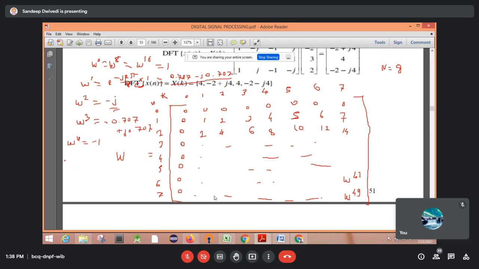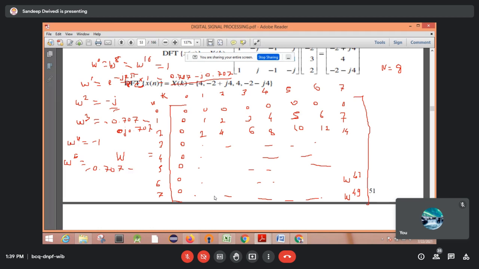ओके. देन w raised to power 5. Okay. -1 by root 2 plus j 1 by root 2, or same value, that is this one जो w3 की वैल्यू है. करेक्ट है? सेम वैल्यू you are getting over here. No, here it is a minus. यहाँ पे minus है, but here you will get both the minus. Sorry, 1 plus. So this will be here. If you do this calculation, this is a minus 0.707.